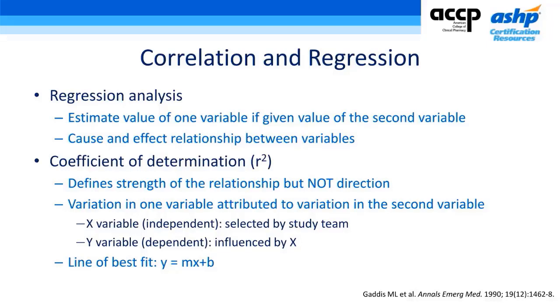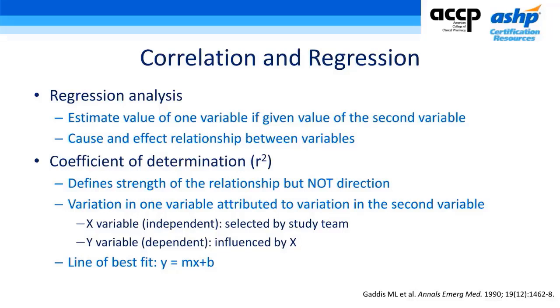This value defines the strength of the relationship, but not the direction. Because it is a squared value, you can't have a direction of the relationship, because when you square a negative value, you always get a positive value. So with the coefficient of determination, we are looking at the variation in one variable attributed to the variation in